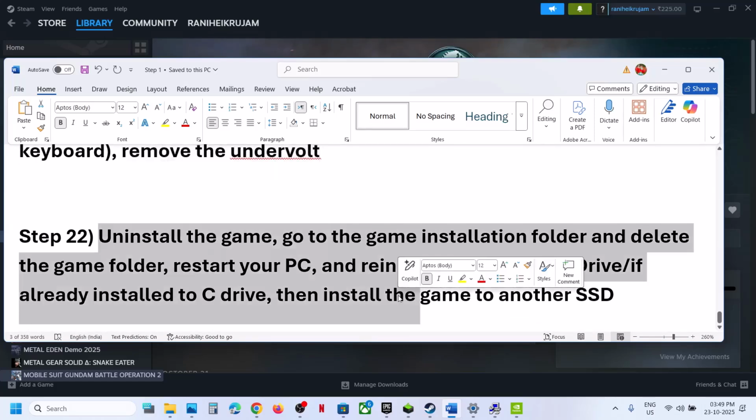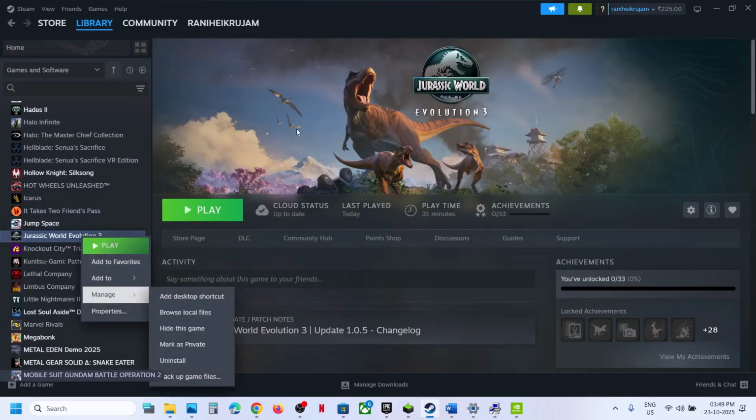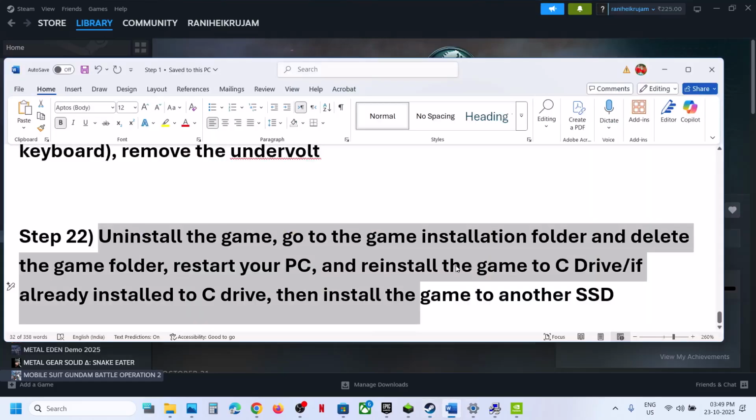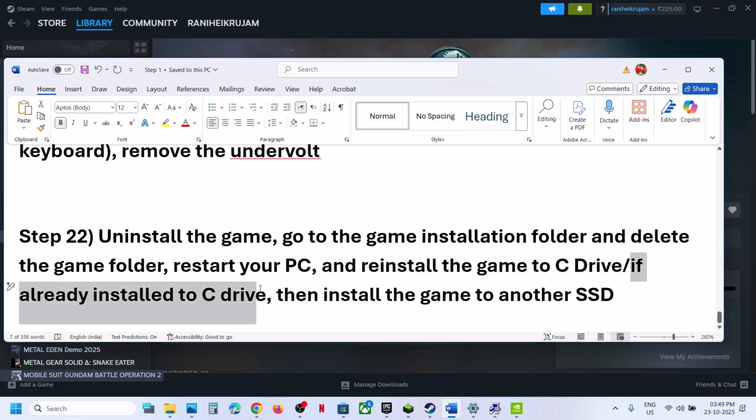The last step is to uninstall and reinstall the game. So if nothing is working, try to uninstall and reinstall the game to different drives. So make a right click, manage, uninstall, and then install the game to C drive. So if the game is installed to D drive or E drive, try to install the game to C drive and then check. If the game is already installed to C drive, then try installing the game to another SSD